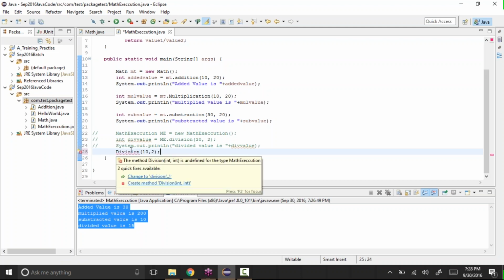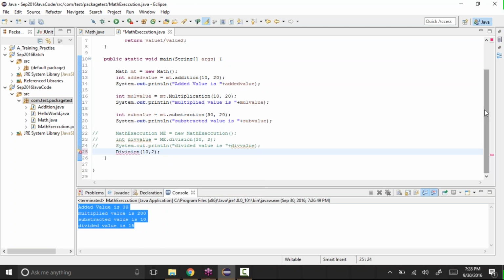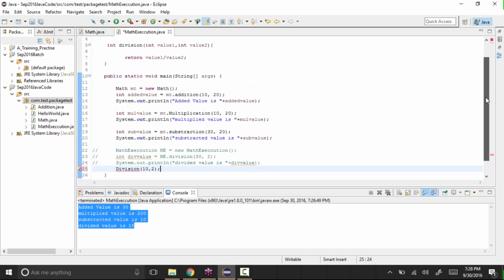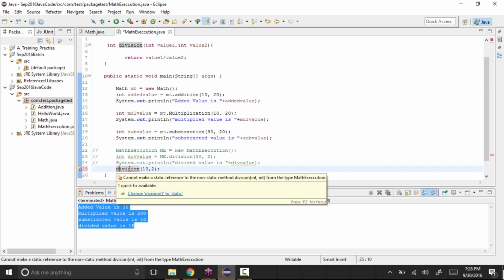It says, if I highlight this, the method division is undefined for the type. Let me give the correct name. See, it's a lowercase division.